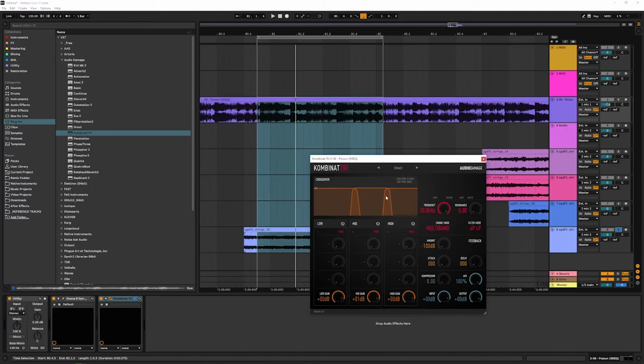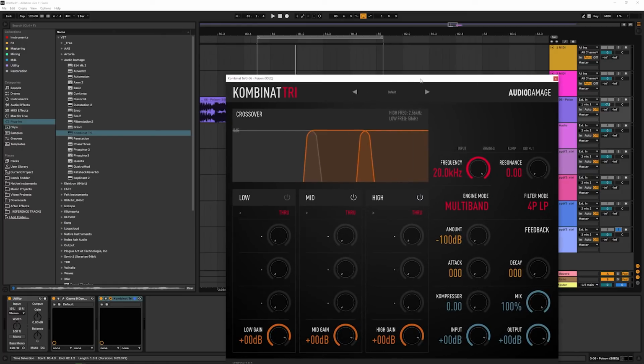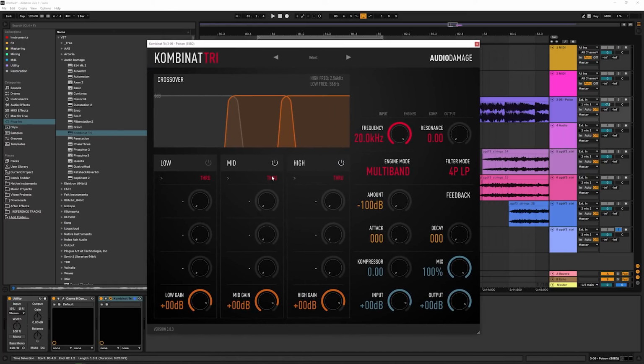So you have to pick a distortion type for each one of these. And we also need to get a sense of our crossover points. So if we turn one of these off, we'll just have two. I don't think we need to distort the lows. That's fine. So now it's just about the mids and highs. So let's make this around 600 for our mid. Can we make this bigger? I think they use vectors. Yeah, look at that. Beautiful. Thank you, Audio Damage. Let's distort our highs first.